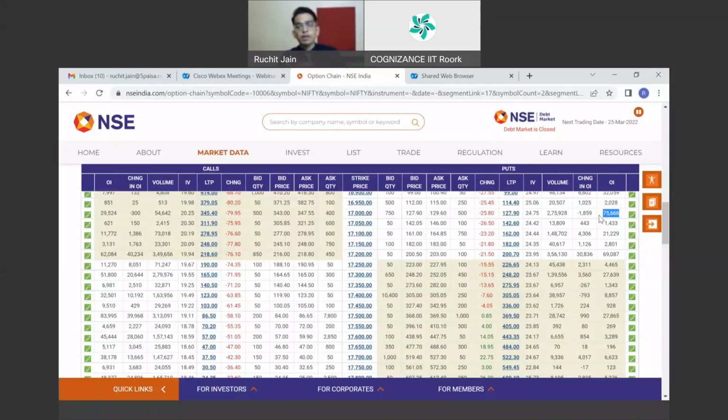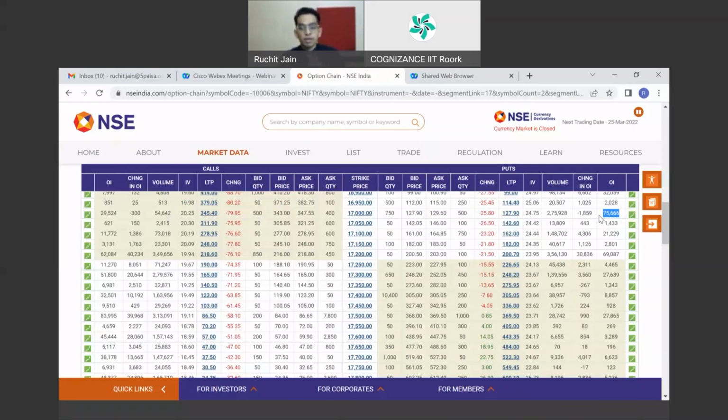If the open interest keeps on increasing, and if you are an option trader, you have to continuously track this data, right? If this open interest keeps on increasing, then what happens? The support becomes more and more strong. So this is good for the market. Whenever there is a correction near that support, take that as a buying opportunity.